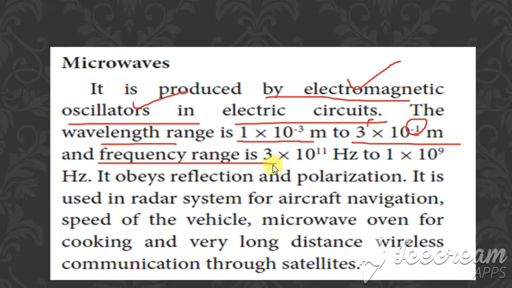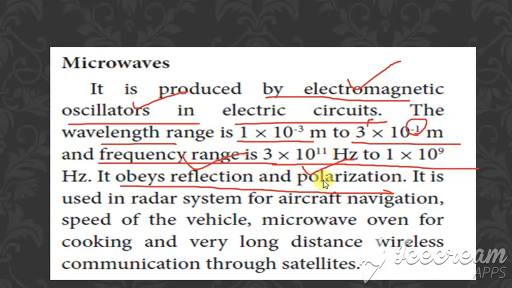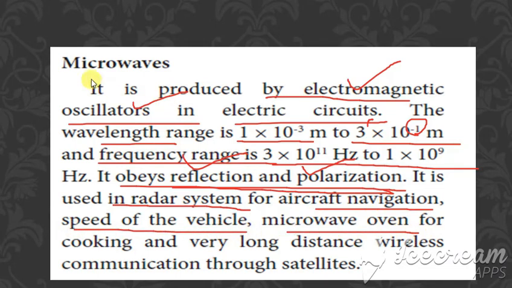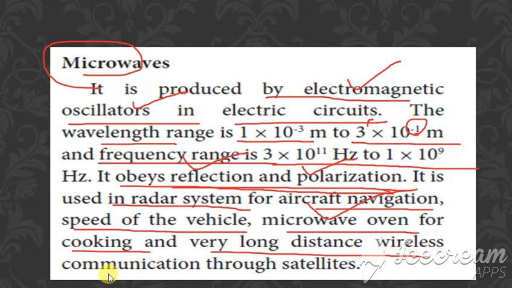Then the frequency range is 3 into 10 power 11 to 1 into 10 power 9. It also obeys reflection and polarization. Previously it was reflection and diffraction; here it is reflection and polarization. Next, where is it used? Radar system for aircraft navigation, speed of the vehicle, microwave oven. Microwaves are used in the microwave oven for cooking and for very long distance wireless communications